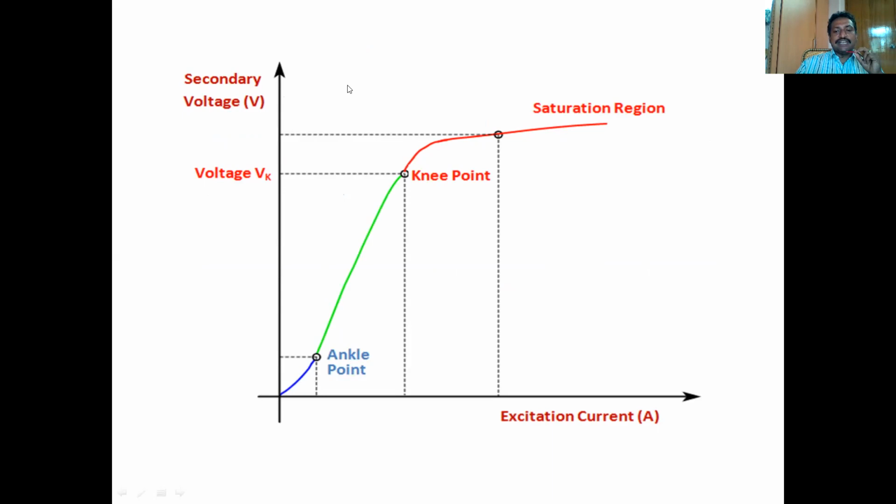Even if you increase the voltage magnitude, the magnitude of current will not increase. For example, this voltage is 230. If you increase it more than, for example, 400, the current flowing through the wire will not change. Actually, when you increase the potential difference, the magnitude of the current also increases, but that property does not hold in saturation. It's called saturable devices. So due to saturable devices also, harmonic distortion will occur.